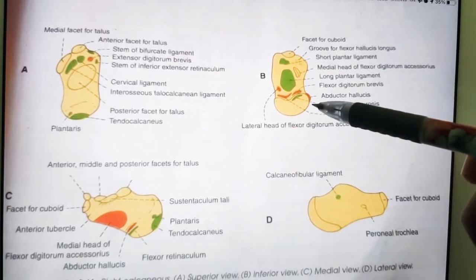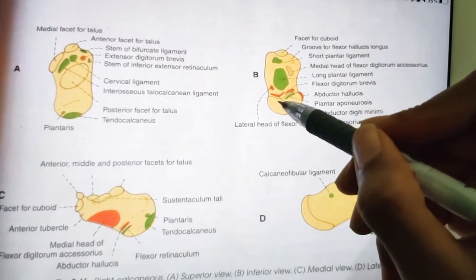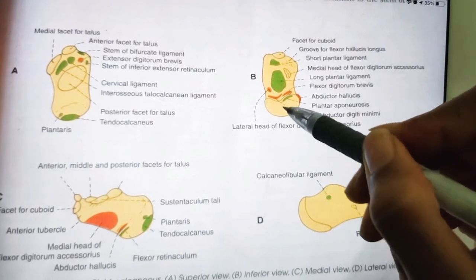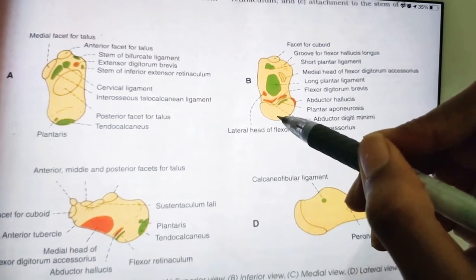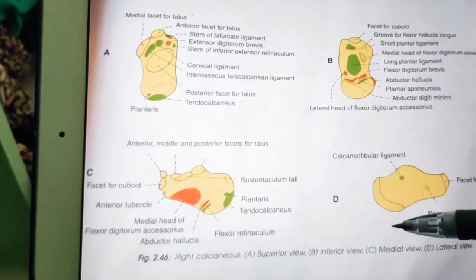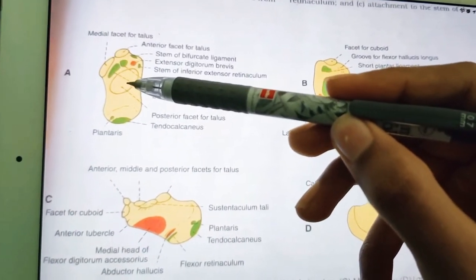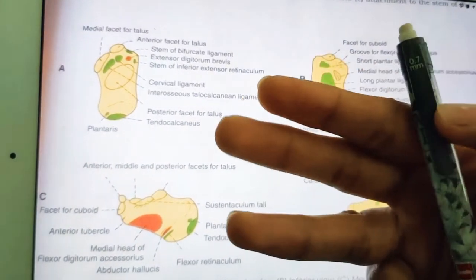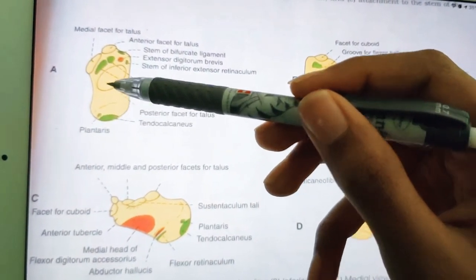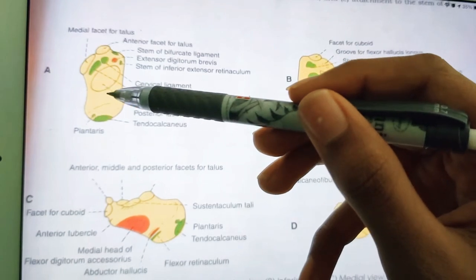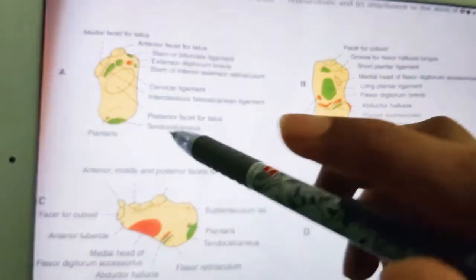Next, coming to the posterior surface, it is divided into 3 areas, that is the upper area, the middle area, and the lower area. The upper area is smooth while the others are rough. Next, coming to the dorsal or superior surface. In this diagram I already said this is the superior surface, also called the dorsal surface. This can in turn be divided again into 3 areas: the posterior 1/3, which is rough, and the middle 1/3, which is covered by a posterior facet for talus. You can see here it is mentioned, this is the posterior facet for talus.